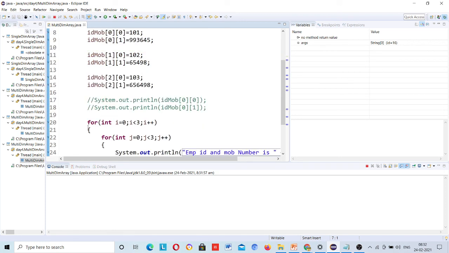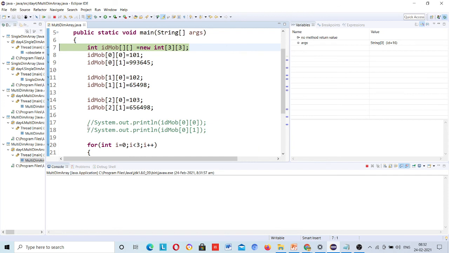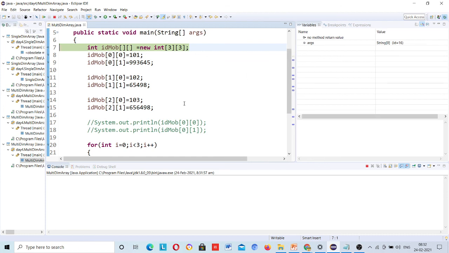But wherever you have confusion, wherever you are not getting your desired results, you have to use the debugger. This is a learning phase, so you can use it everywhere, but in real time, when you are facing a problem and not able to understand it, don't just start debugging. First try with concepts, and if that is not working, then use debugging points. Okay, id, mobile, this id is generated, then this line.